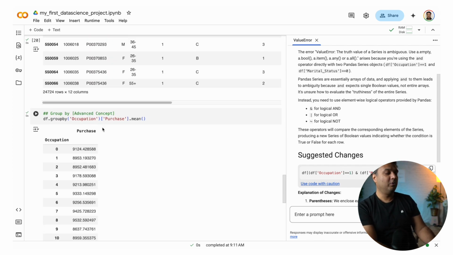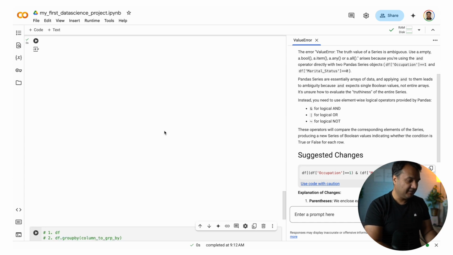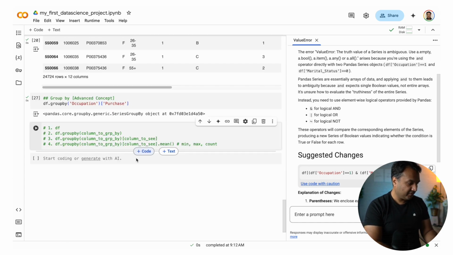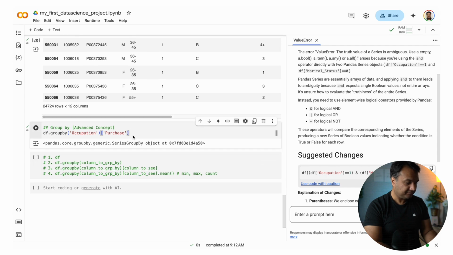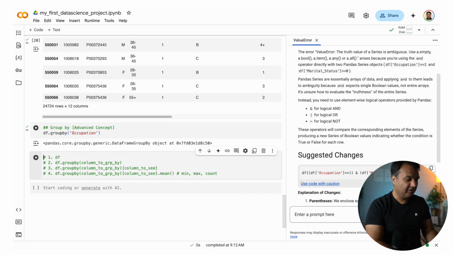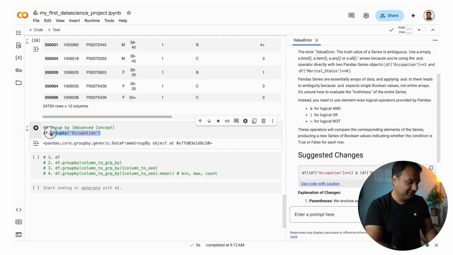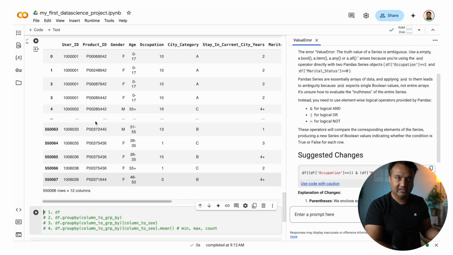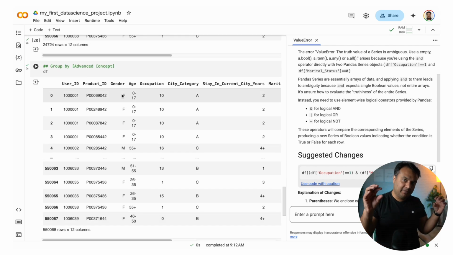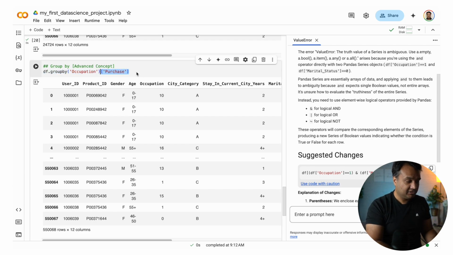This is chaining. As you can see, let's say if I take this thing here, which we already have here. Now I can remove this and run it, and it still has something. Let me now remove the mean too. If I remove mean too, it is telling me that it is a series group by object. If I remove this, now it is telling me that it is a generic series. And if I remove this, then it's telling me this is the entire data frame. So you can remove some components, you can attach them together, and this is called chaining. Again, let me put everything back.